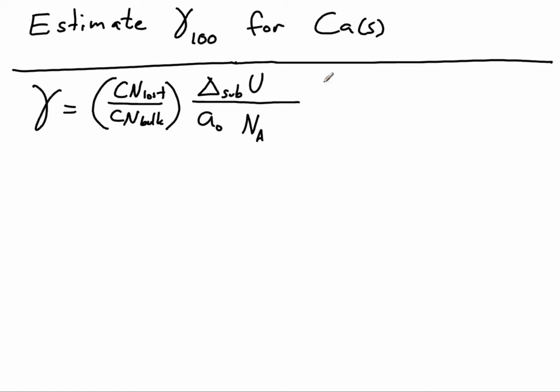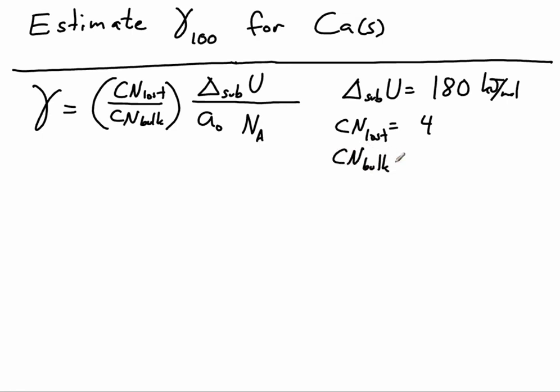All right, so before we start this problem, we have to look up some data. We get the heat of sublimation, or the internal energy change of sublimation, is equal to 180 kilojoules per mole. We need to get the CN lost. And we saw from our prior examination that we're going to lose 4 on our coordination number,